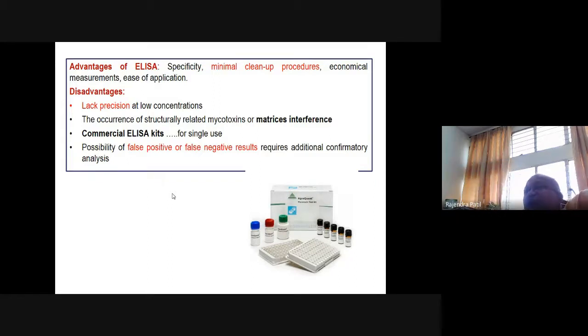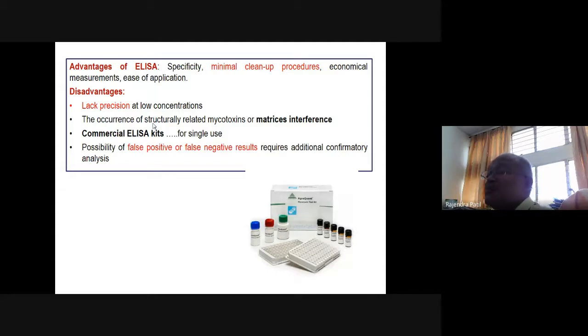for the quantification of these mycotoxins. The advantage of ELISA is that it requires minimal cleanup procedures, unlike chromatographic methods, which require more cleanup and sample preparation. The disadvantage is that they lack precision when the mycotoxin is at low concentration, because all the food commodities of the world are said to be contaminated with mycotoxins, but how much concentration is the most important thing,